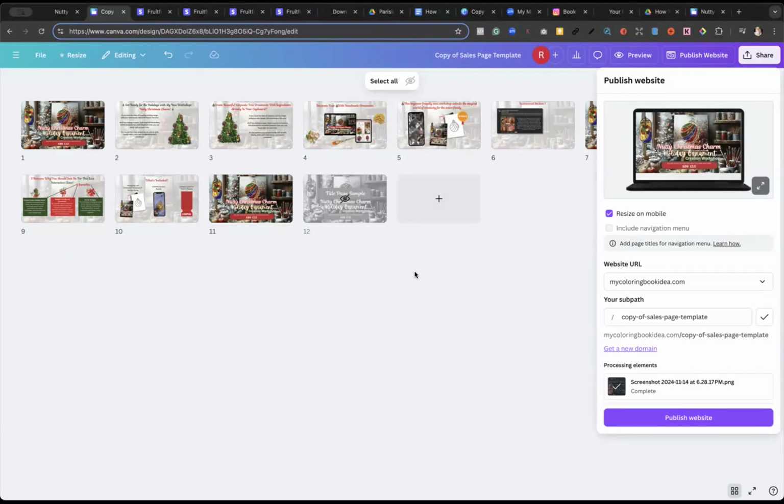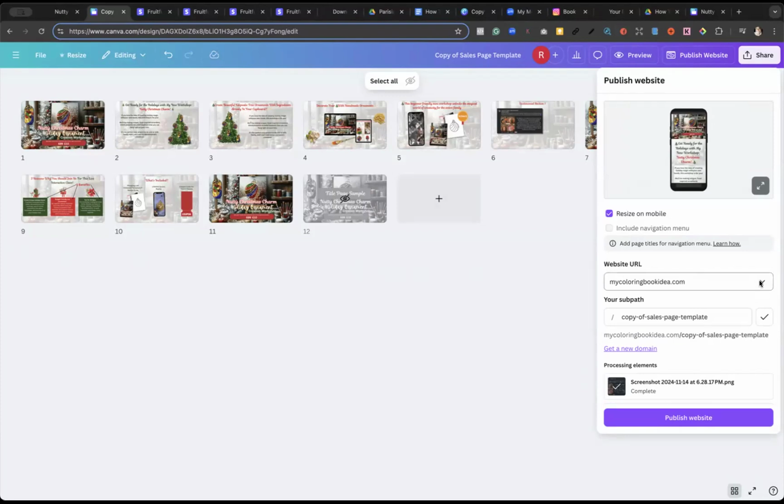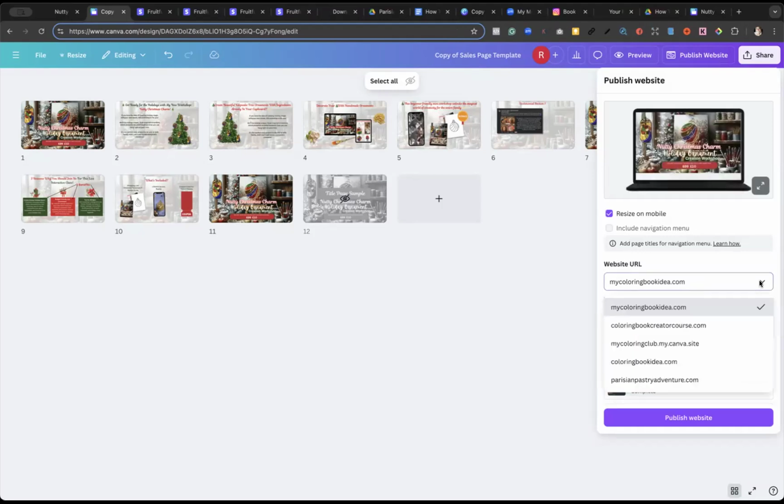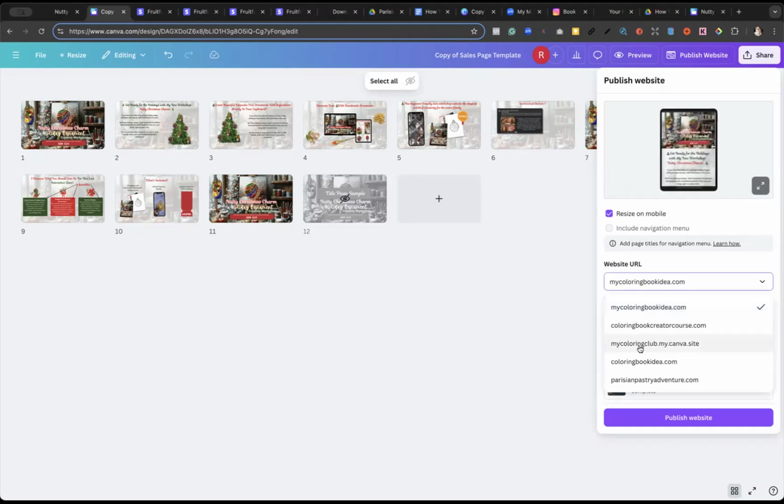Or if you don't want to purchase a dedicated domain name yet for this sales page, you could use Canva's default page they give us for free that goes with our account. That's going to be whatever the name of your Canva account is. Mine is called